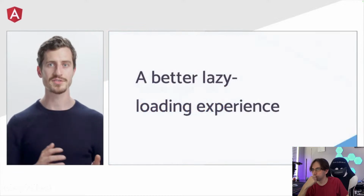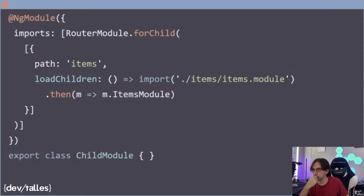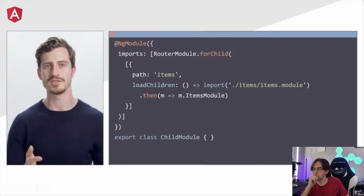Before the introduction of standalone APIs, lazy loading routes was a multi-step process which relied on modules. Consider this example. We have a child module which declares the items route. In the routes array, we use the load children syntax to import the items module which contains the corresponding routes. This seems like too much code and too much work to lazy load routes, and while we agree, let's check